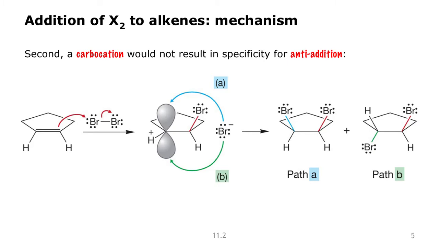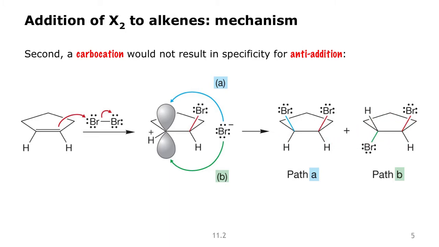If a carbocation were a discrete intermediate, so imagine a mechanistic pathway where the double bond acts as nucleophile on the halogen, we add one bromine producing a carbocation intermediate. Carbocations, because of their planar structure, can undergo nucleophilic attack from either face. This should lead to a mixture of products should the carbocation exist. Again, we don't observe any syn addition, we only observe anti-addition. So there must be